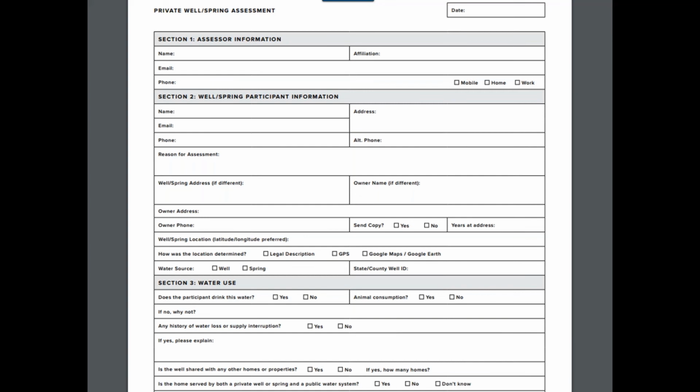And in the end, they take all that information, go back to their office, and they figure out what recommendations they should give you. They even look for your well log for you if it's available in that state. They provide a map, usually a Google Earth image of your property, showing then when they come out to visit, they'll mark things on there like, oh, there's a gas tank here or an underground tank here, or if there's livestock there, where your septic tank is in relation to your well, all that sort of stuff. And they'll give you this back in the end. It's something you can hold on to, and it'll have a lot of valuable information in it.